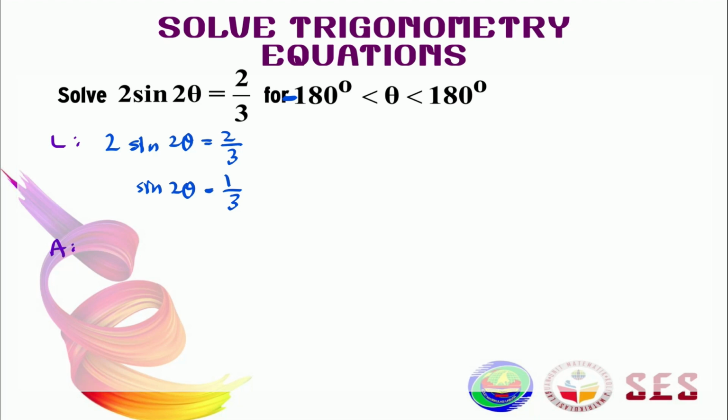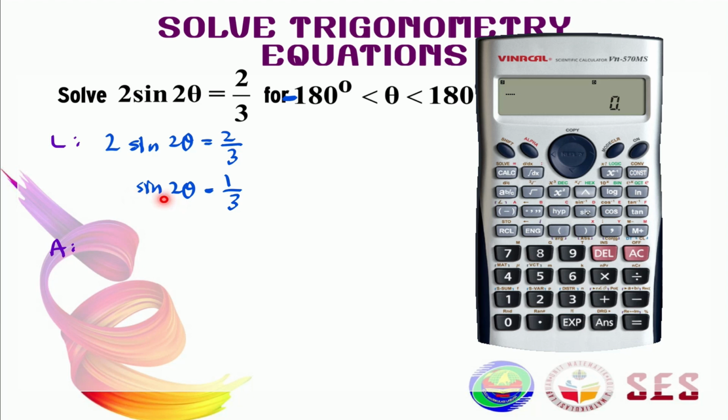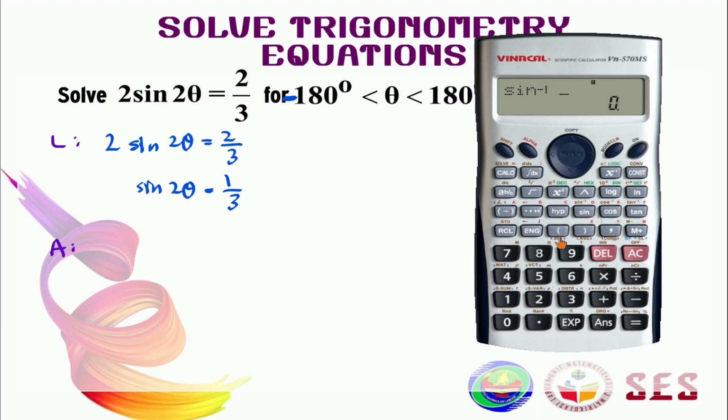And the second step is to find basic angle. To find basic angle, we need our calculator here. So take out your calculator. Look at our range here. Since our range here is in degree, we need to make sure that this calculator's mode must be in degree. Then we need to press shift, and since our function here is sine, we're going to press sine. Make sure to have bracket 1/3, and then press equal. So this is your basic angle, 19.47.